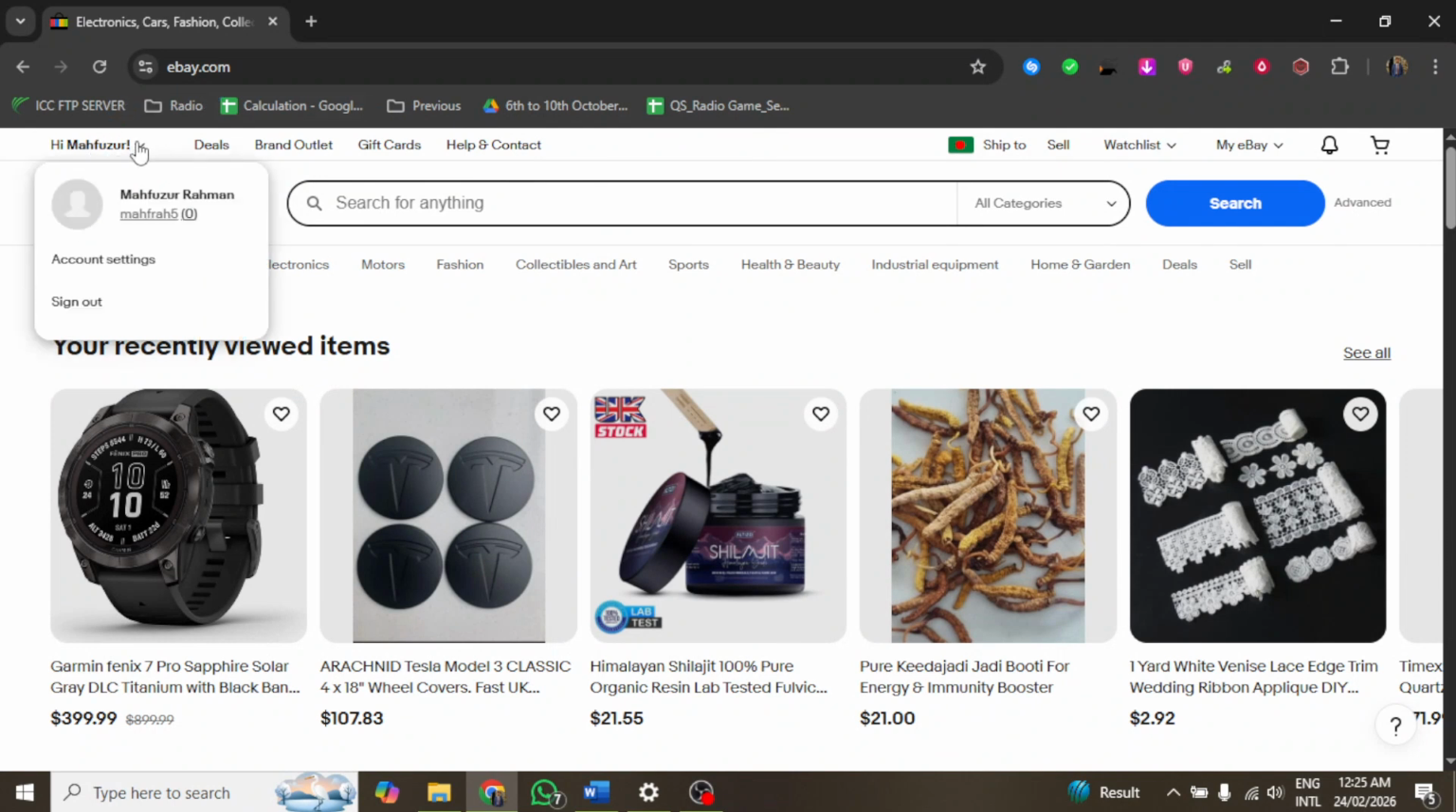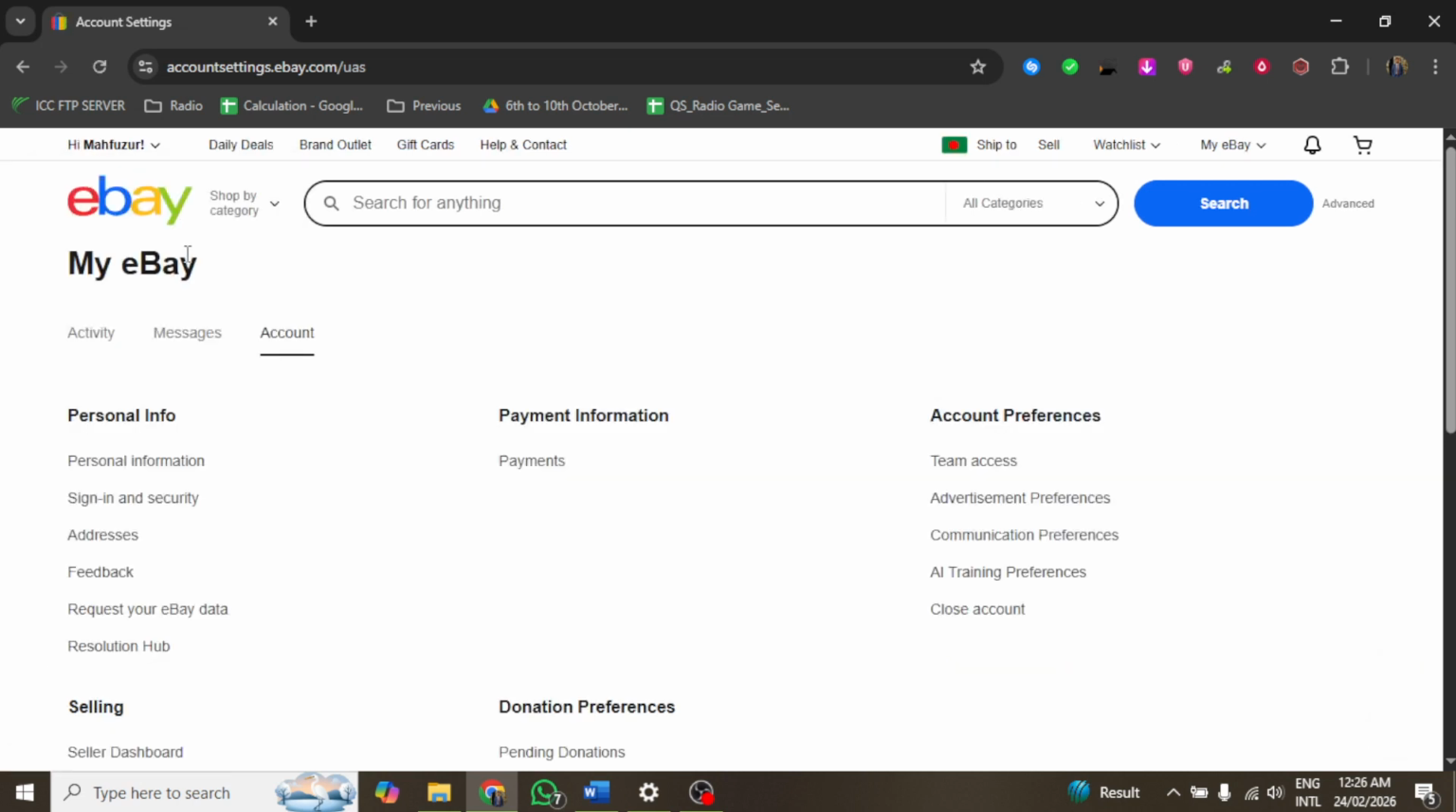Begin by logging into your eBay account using your credentials. Once logged in, navigate to the account settings page. You can find this option by clicking on your profile icon, usually located at the top right corner of the eBay homepage. After selecting your profile icon, look for Account Settings in the drop-down menu and click on it to